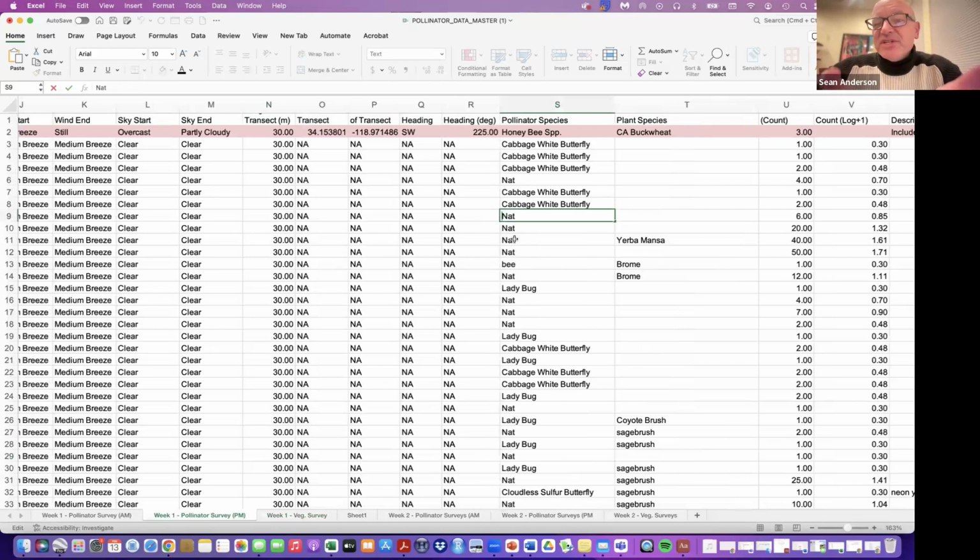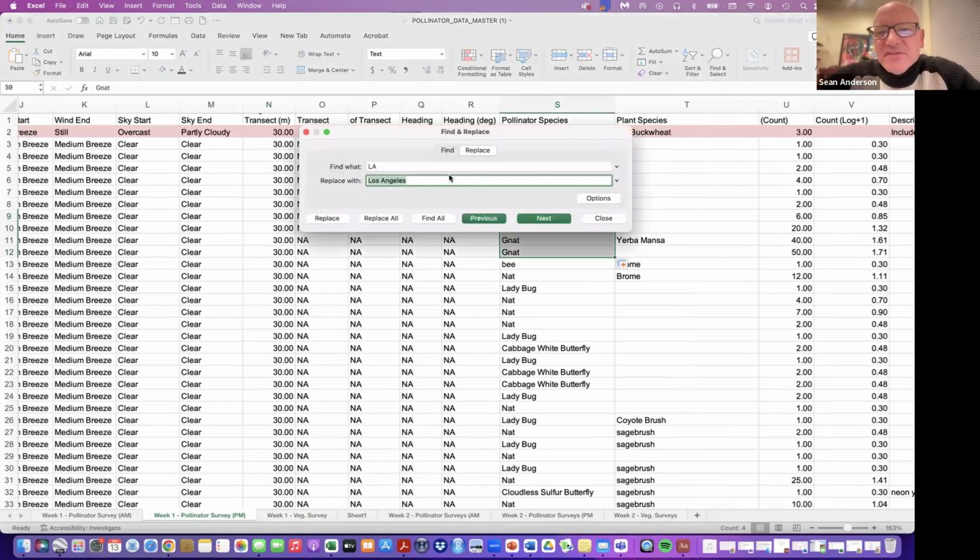In the case of this one that we're talking about, which is the pollinator species, do scroll through that. Even if it's a data set with thousands and thousands of lines, spend a minute or two and do scroll through and give yourself a feel for what those variables are like. And then you could decide,